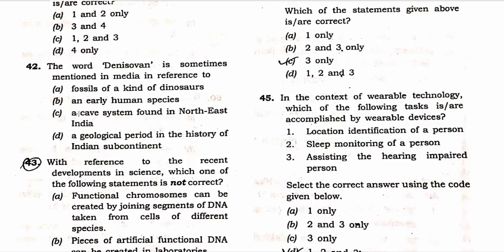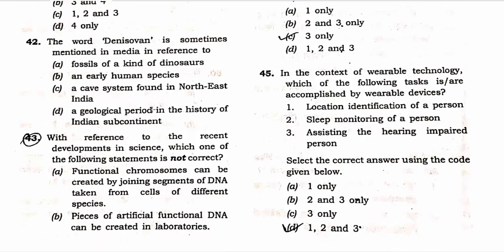So if you know this, just 20 seconds and you would have got your answer. Just to read this and conclude an answer takes 20 seconds. So the answer is B, an early human species. That is the reason not to rely much on the compilations. Do your current affairs on a daily basis. If you do, these were very direct current affairs questions. You don't have to memorize much of this.